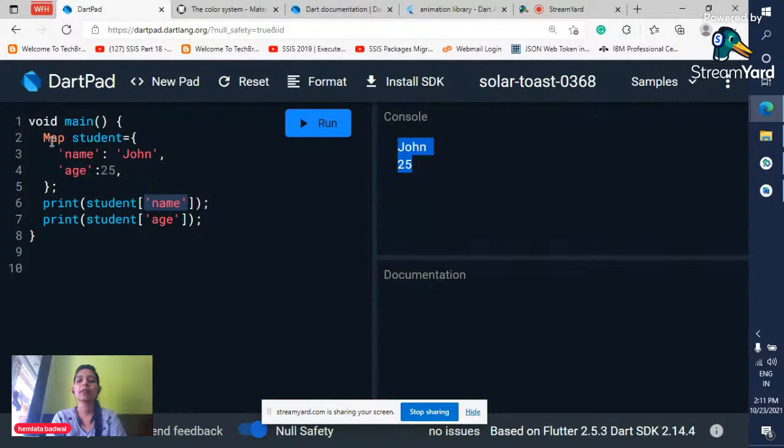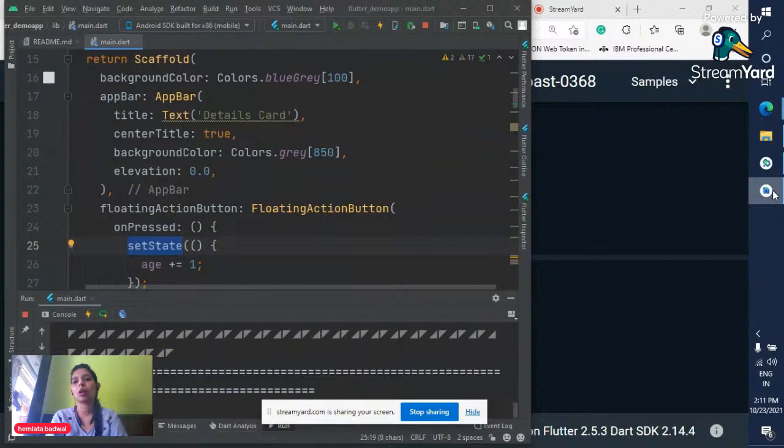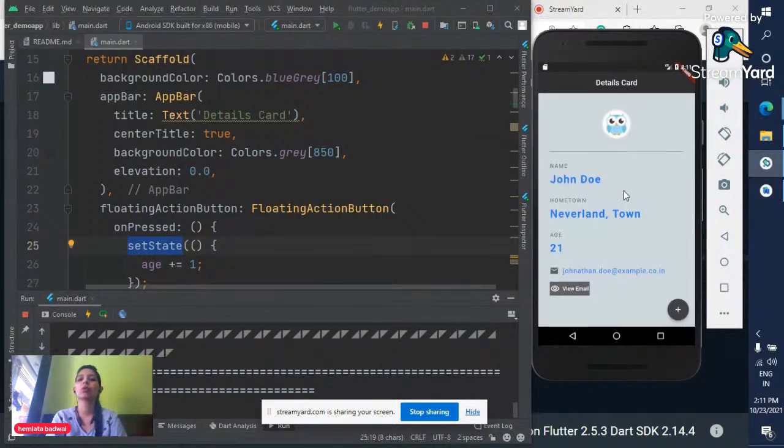Now why we have learned this is because when we implement the routing, we have to give some key and value pairs and map them in the route. Whenever a particular key is called, that routing should take place. So that is why we have learned this map. Now what we are going to do is